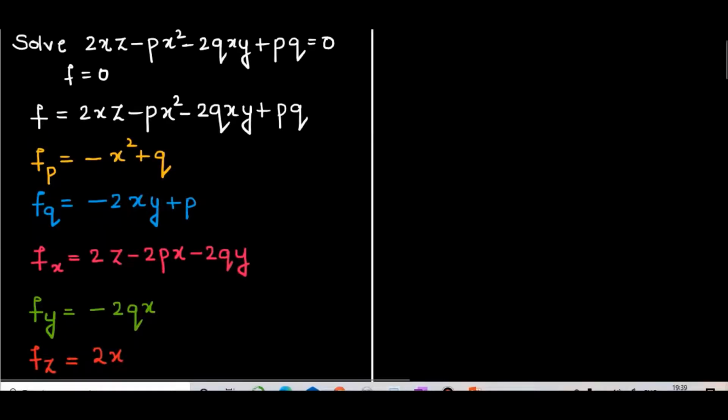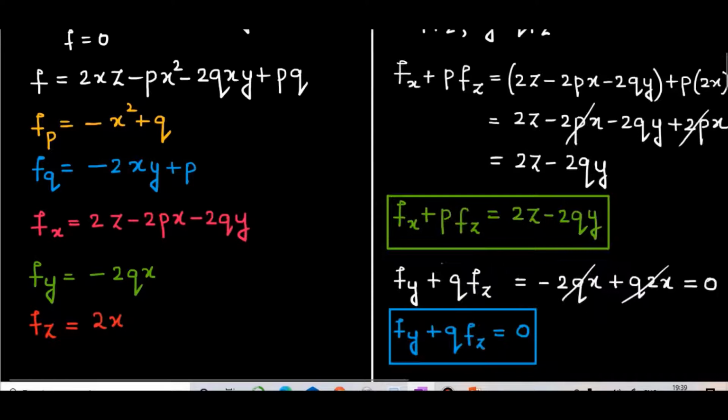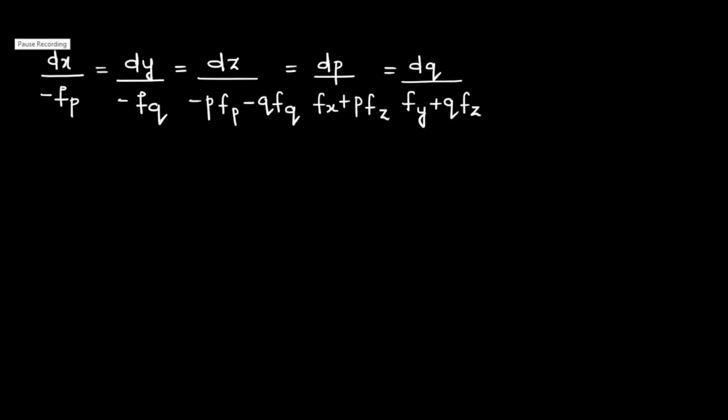Next we find fx plus pfz and fy plus qfz, which I have done already for you. You can pause the video and go through the steps likewise. See, these are the values. Now what we have to do, we have to substitute all our findings in our auxiliary equation of Charpit's method. Now we are going to substitute all our findings in the auxiliary equation,